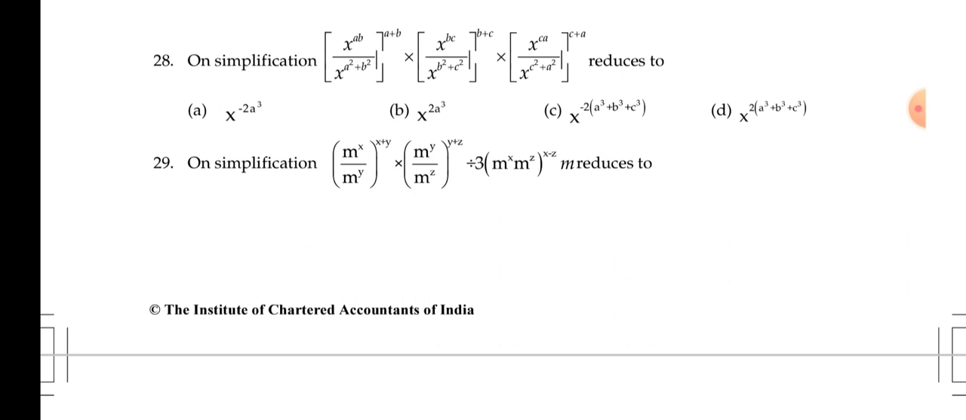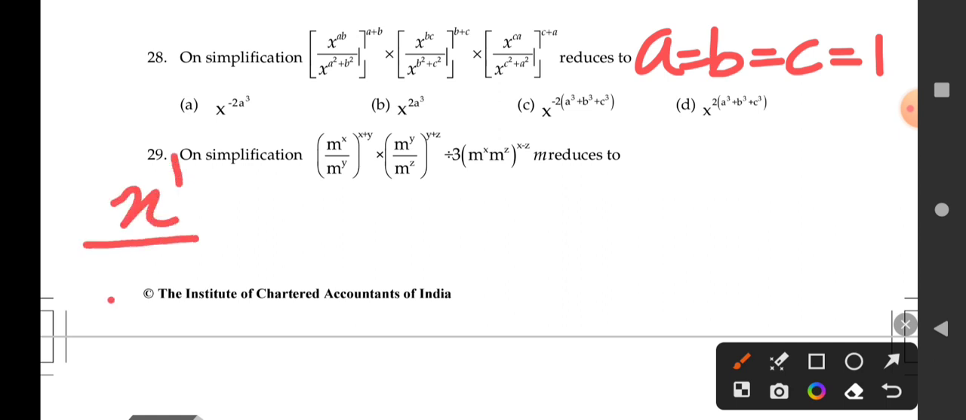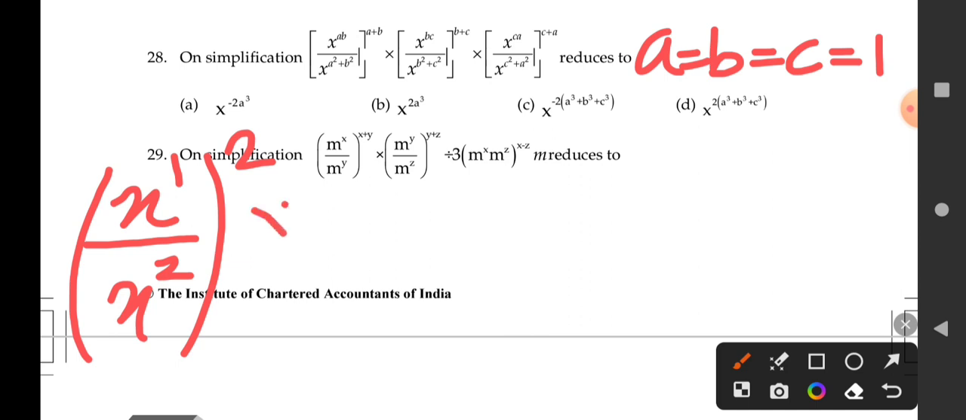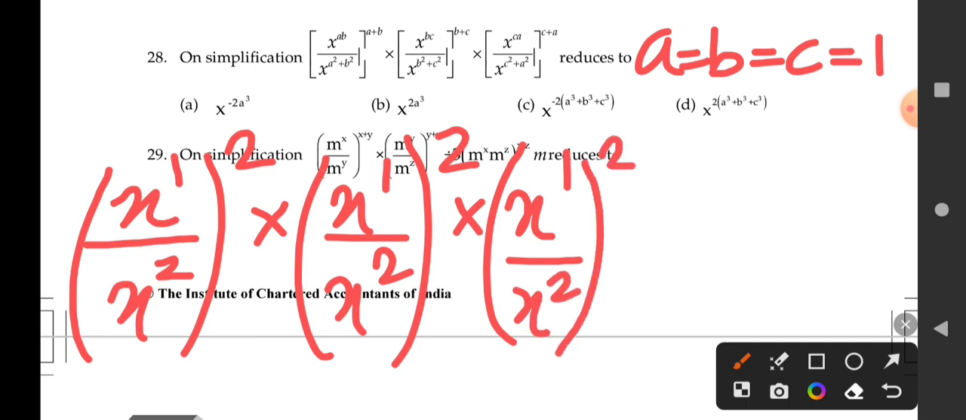Question 28. Okay. Again, this is the same question as above, just the second term is different. Again, let us substitute a equals b equals c equals 1. Okay. So we have x power 1 divided by x square, whole square, into x power 1 divided by x power 2, whole square, into x power 1 divided by x square, whole square, which is equal to x power,